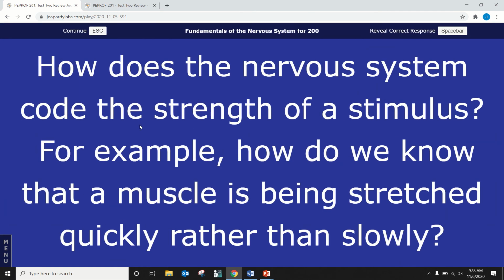How does the nervous system code for the strength of a stimulus? So for example, how do we know if I'm stretched quickly rather than slowly? That's a good guess, yeah. So from the neuron standpoint, the more intense the stimulus, the